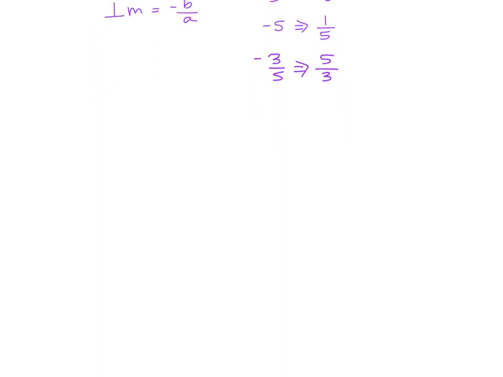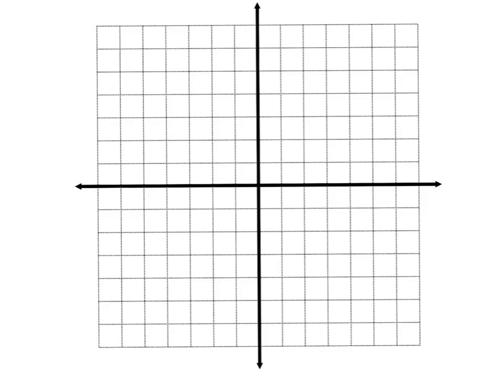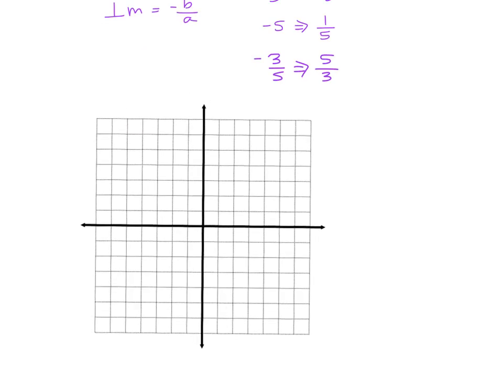So let me give you, for this first one, just a picture of a graph. Again, you're welcome to graph this along with me, but I don't feel like you need to. I'm just going to show you on a graph how you would determine if they're perpendicular or not. I don't necessarily think you need the graph. You can just write the points down and that should be fine. So if we're at -4, 2, and 0, -4,